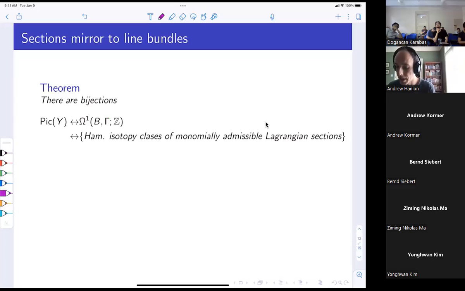So the idea is that because of the piecewise linear behavior with respect to gamma,